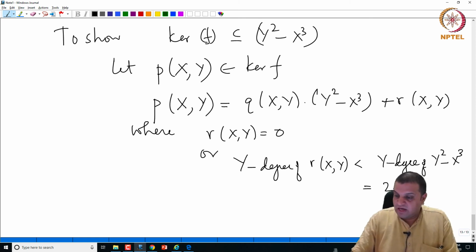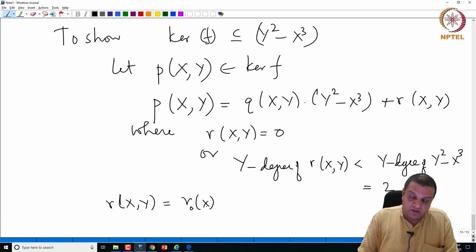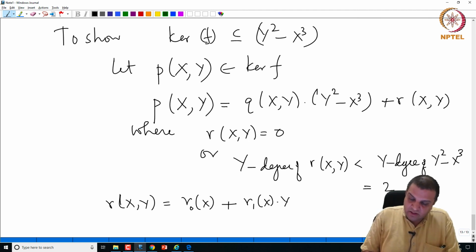Because if it had a term that involved y square, one could divide again and move it to the other side. So in other words, r of x, y is of the form r0 of x, which is the constant part from the perspective of y, plus r1 of x times y. And one has to show that,